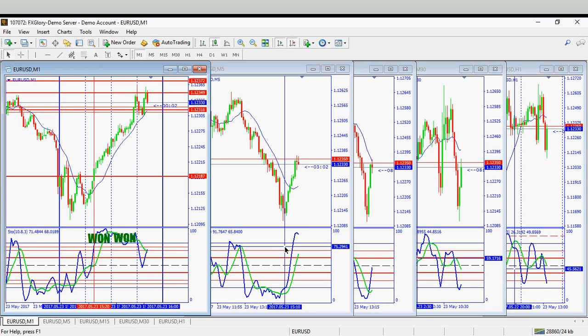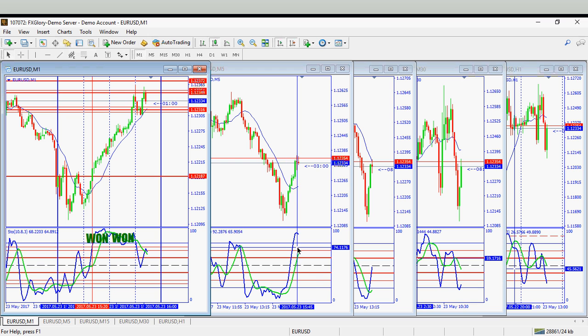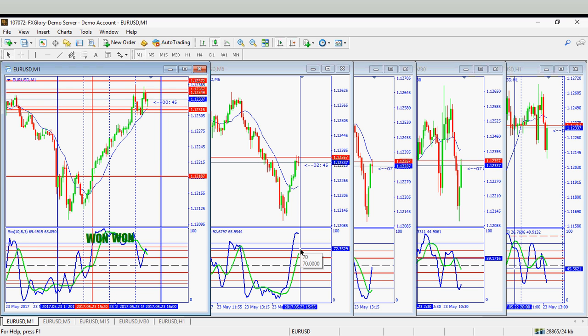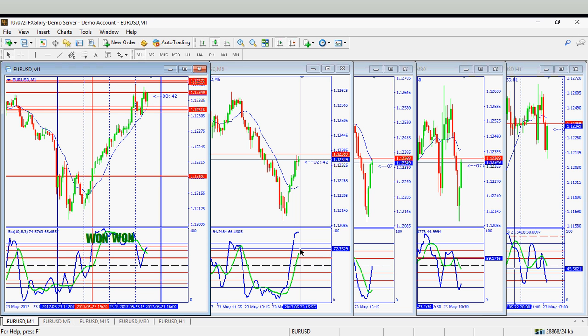Also, now that we have the 5-minute flat, it flattened out. It's hinged over a little bit. So we are at a potential reversal here. And I would say that I would be better off just watching it for the moment to see if the 5-minute chart really is going to come into support, cross through support,